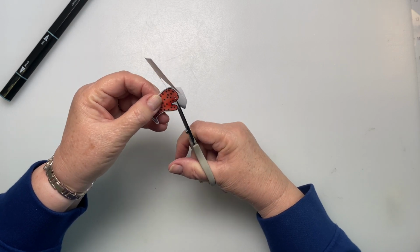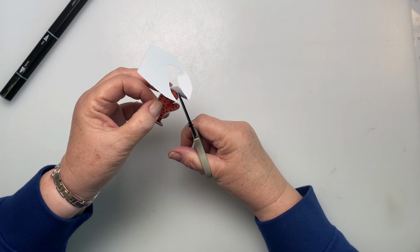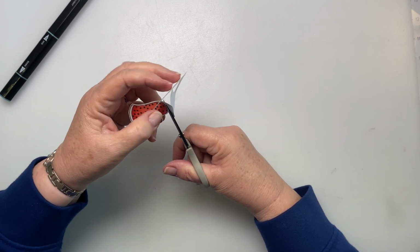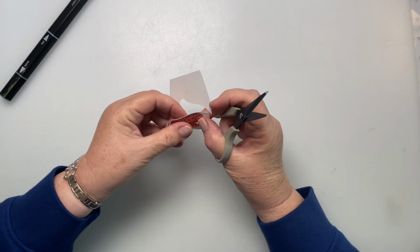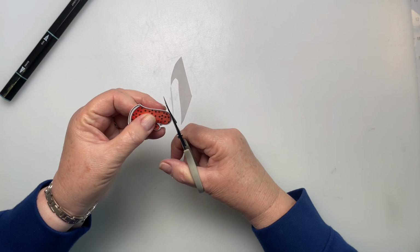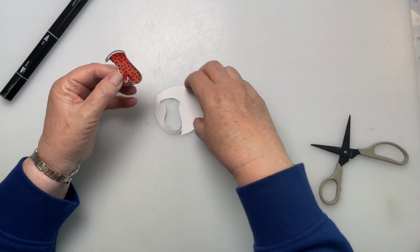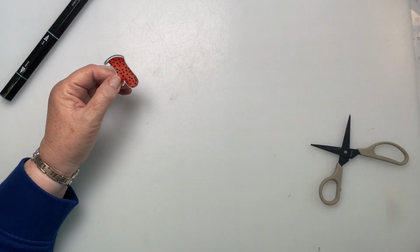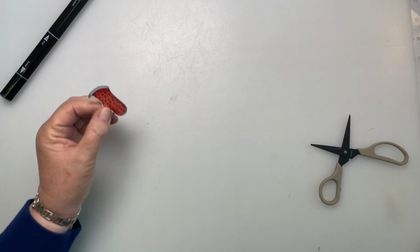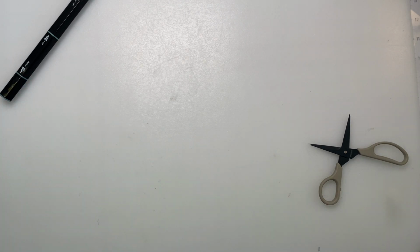And I would have to say that I'm not the best at fussy cutting, but I have learned the more you do it, the better you get. I guess just like anything in life, just keep trying, right? Okay, so there you go. That is a fussy cut stamp. So we've gone through that, and I wanted to also show you